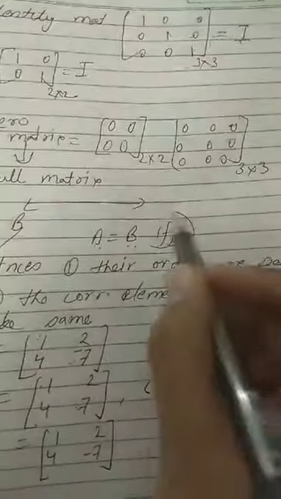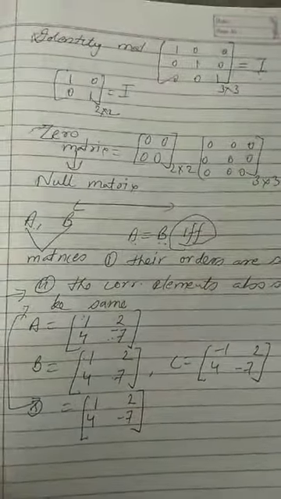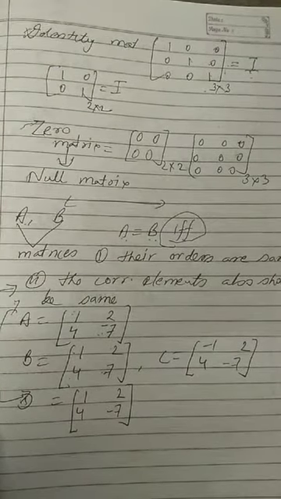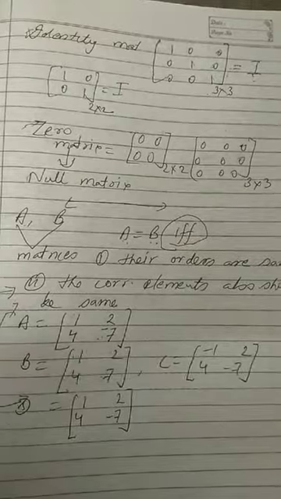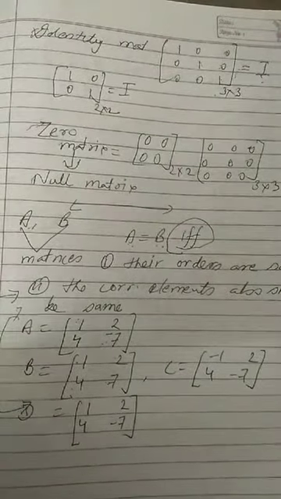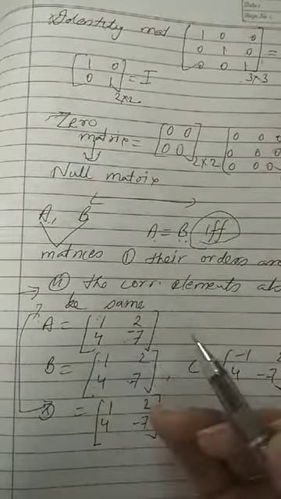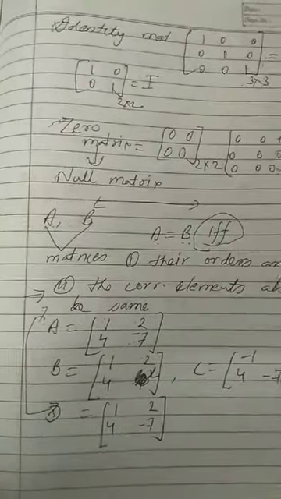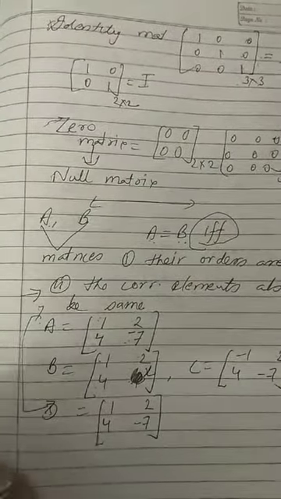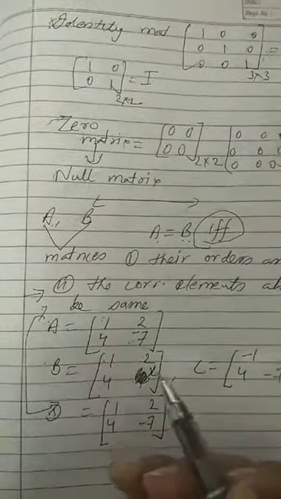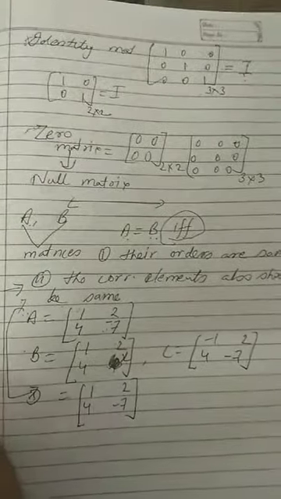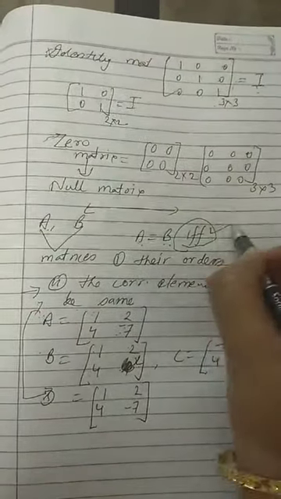That's it, right? And the phrase if and only if is coming. What does it mean? If I have any two matrices given and their corresponding elements are equal, then I will say the matrices are equal. Or the other way, if it is given that the matrices are equal, and I write some x in A and B, then the value of x can be asked. If they say A is equal to B, what is x? All these elements are equal, so the value of x will be minus 7. So it works both ways because of the phrase if and only if.